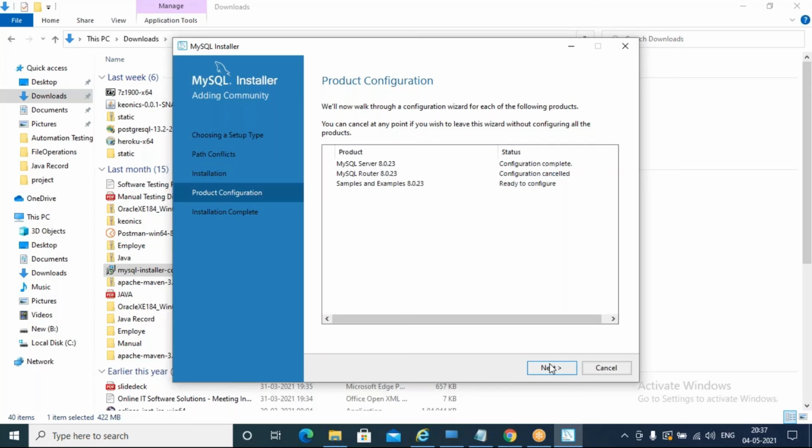Just a second. My system is stuck, I think.